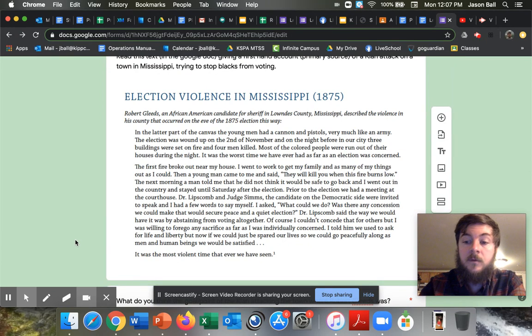The next is a shorter reading and your only other reading for today's lesson, which is looking at the effects of Klan violence on an election in Mississippi. This was a town where African Americans were just attacked during an election, and we're looking at kind of what happened and the impacts of these attacks.